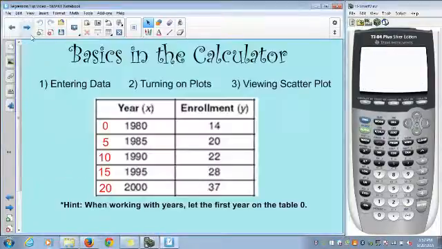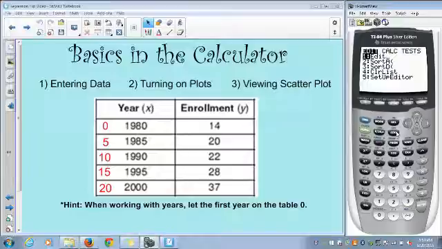The first thing that we're going to do is I'm going to go over some basics in the calculator with you. The first thing that we're going to go over is entering data. I'll show you how to turn your plots on and then how to view a scatter plot in your graphing calculator. So the first thing that you want to do to enter data is we're going to go to the